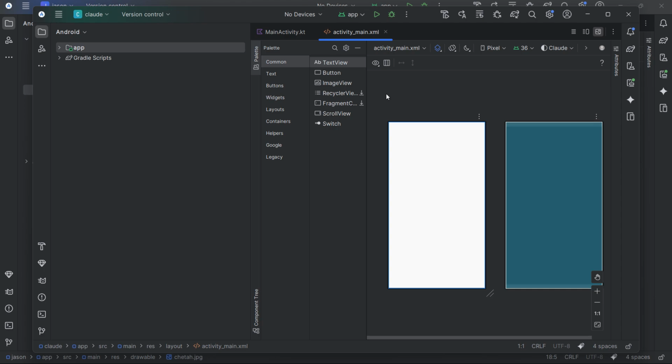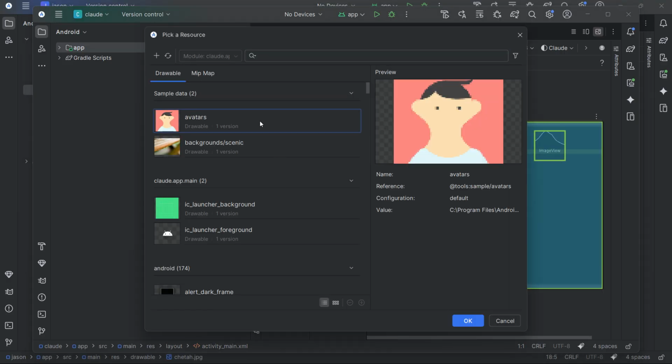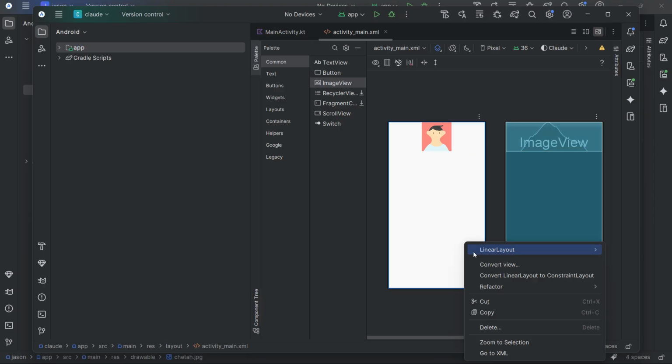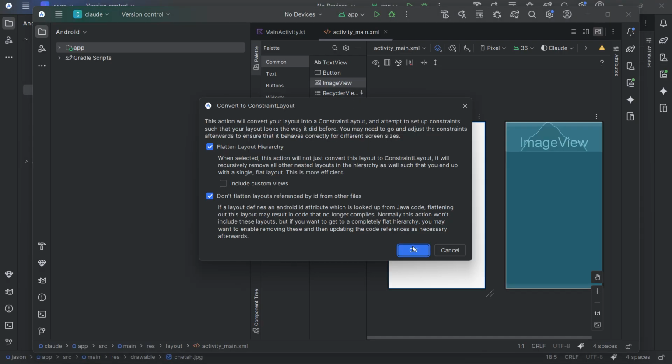So for example, here, we will convert it into constraint layout.